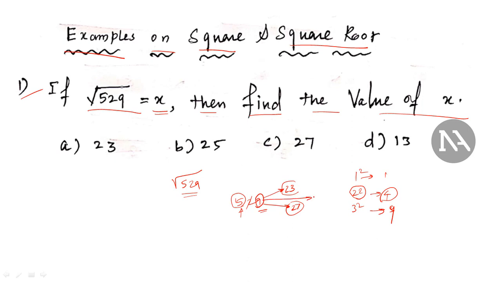For that I have to go for the intermediate value, that is 25 squared. I already told you how to find 25 squared. So 5 squared is 25, then 2 into 3 is 6. So 625 is the answer for 25 squared. Now the given number 529 is less than 625, so my answer should be 23 squared. So root of 23 squared is equal to 23. So 23 is the correct answer, right?